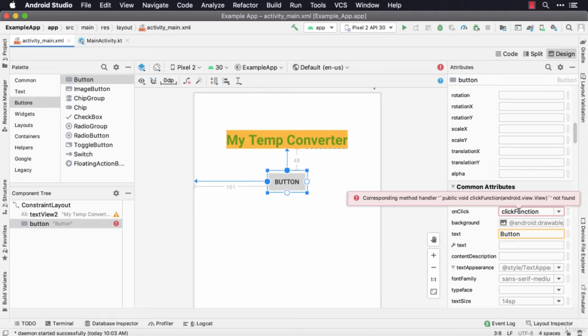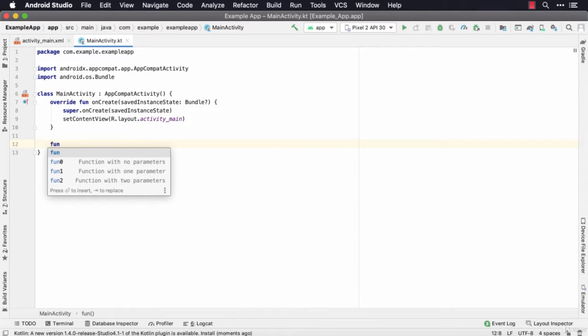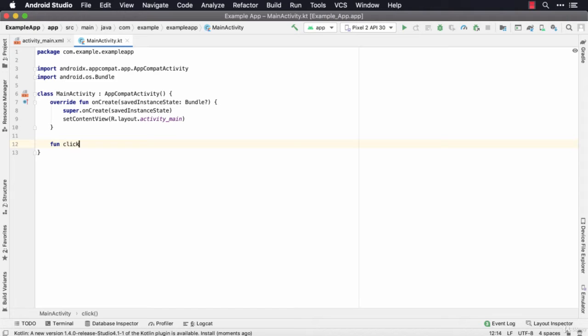All right. So let's pull up the MainActivity.kt file, and I'm going to create a function. See these open and close curly braces, the code for your function or method is included within them. So I'm going to start my method after this closing curly brace. All right. And I'll start by typing fun for a function and then clickFunction. Okay. Then I'll put parentheses in there,